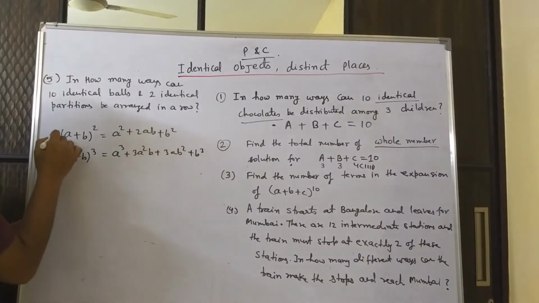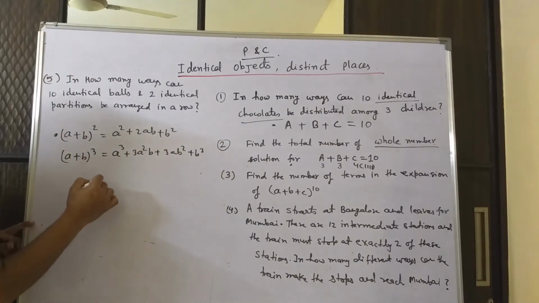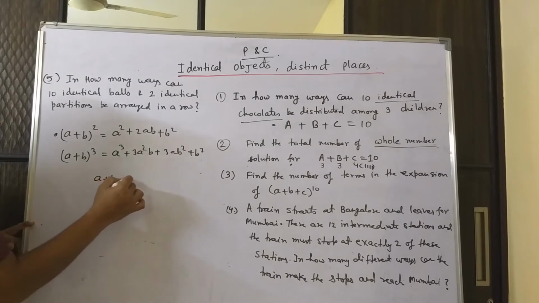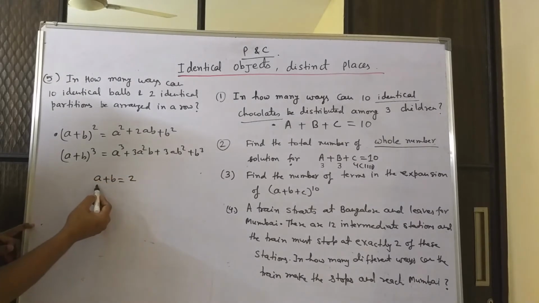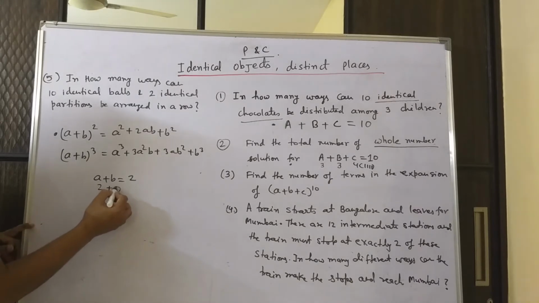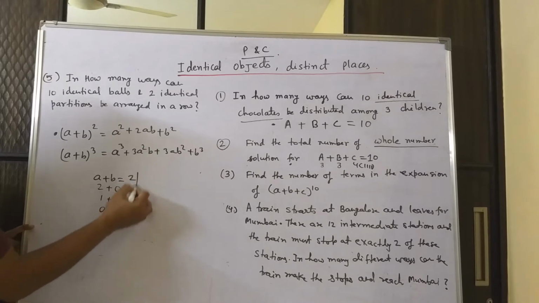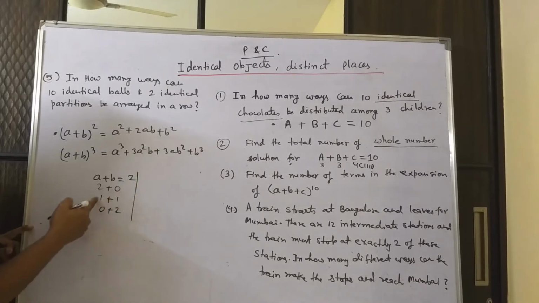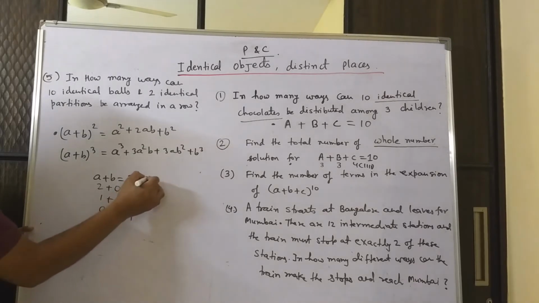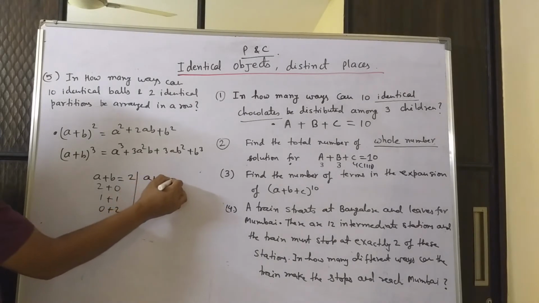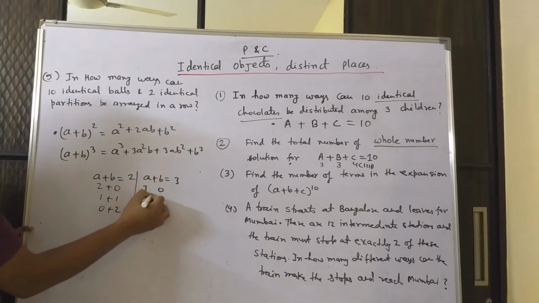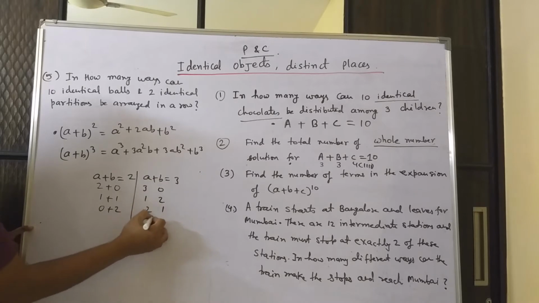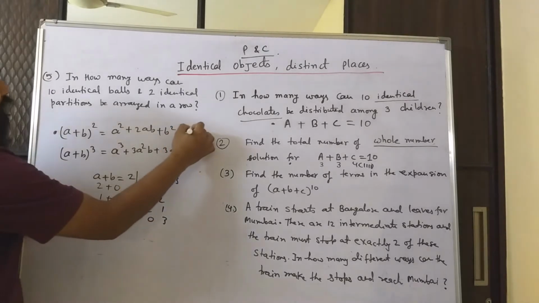Now for the first problem, it is like writing the power 2 as a sum of 2 numbers where A's power can be 0 also and maximum 2. So it is like writing whole number solutions of this equation. Don't you agree? Because it can be done either like 2, 0, 1, 1 and 0, 2. And for 3, again it can be like 3, 0, 1, 2, 2, 1 or 0, 3. Now look at this carefully.